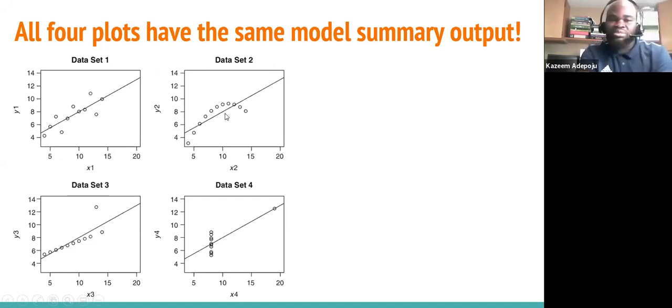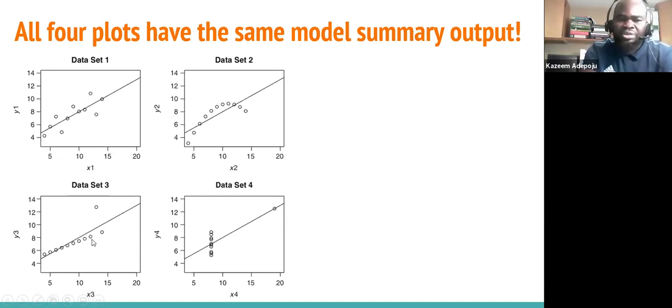But when you take a look at this one here, this is not a straight line. You can see something that looks like a curve, and that shows it is not a straight line. The fact that this looks like a curve means that we need to use a model that has agreement with this type of curve, or we can actually do a transformation, and we're going to find ourselves back here. But when you look at data set 3,